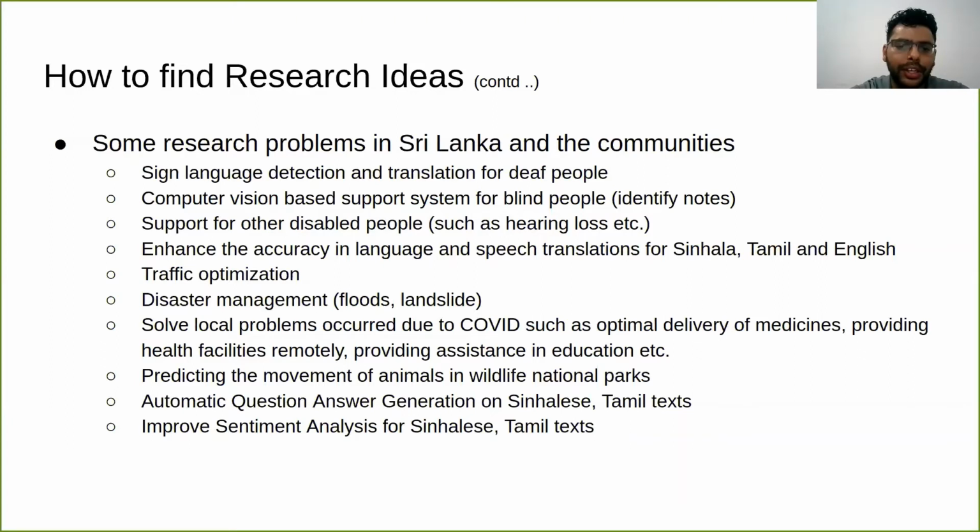Similarly, for other disabled people, like people who are going through hearing loss, we can build models where we do some kind of speech recognition, and also some kind of natural language processing, combining those two fields together to help these people and make their lives a bit better.